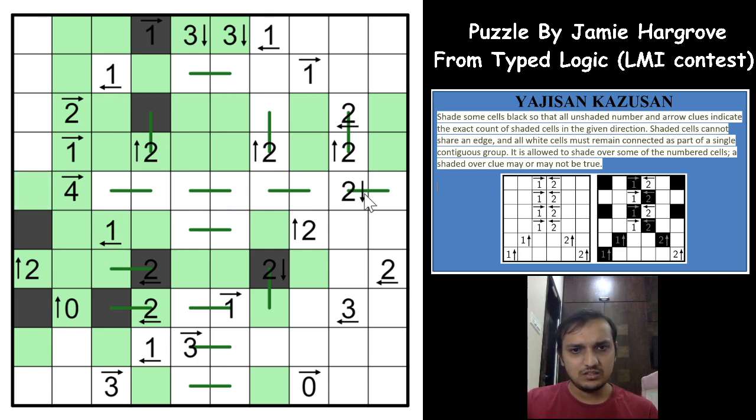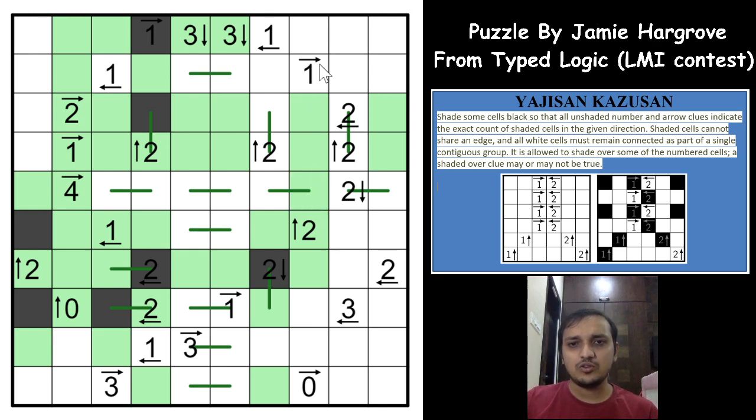And the same way for this 2, we can apply the same logic. If you shade this cell, which will make this cell and this cell as shaded, right? So which means that this cell will be unshaded, and you have exactly 2 possibilities for the 2 shaded cells, 3 possibilities I would say. One is this or this, and the other is this for sure. This has to be shaded.